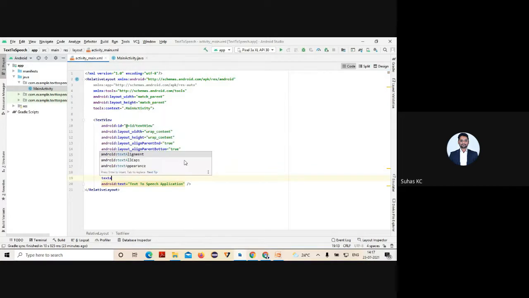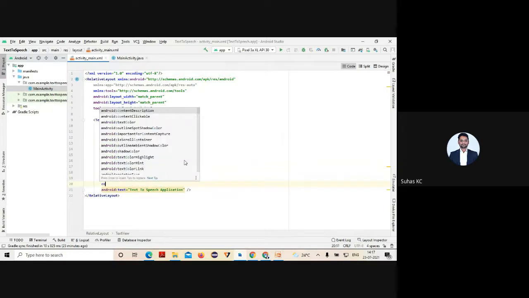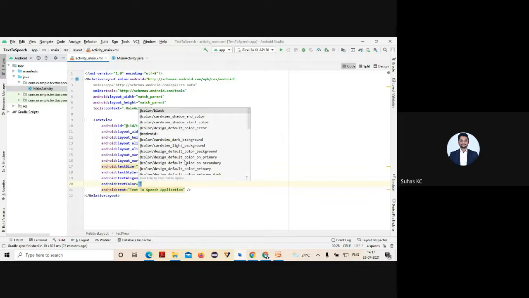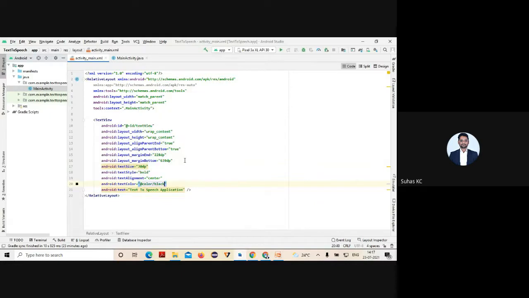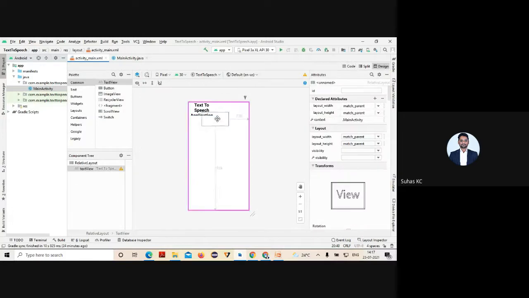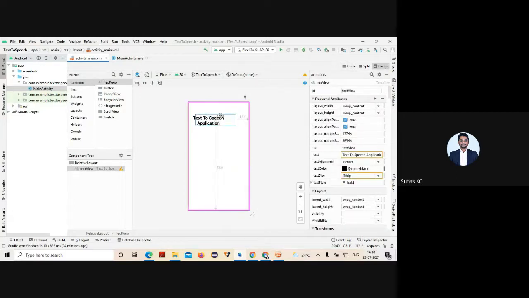I can also set the color, so I'll set black. So you can see here text to speech application, just to display what exactly your program is, and nothing else.